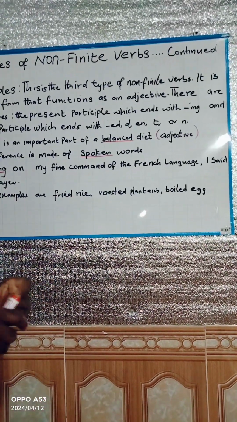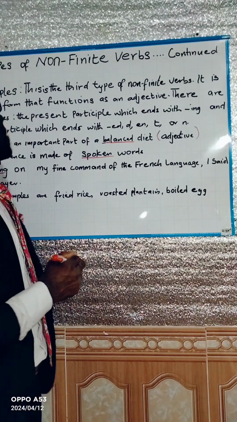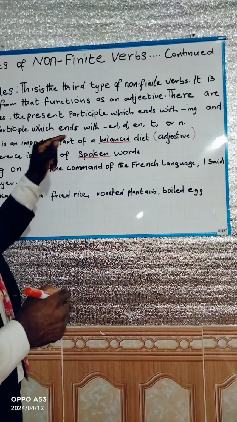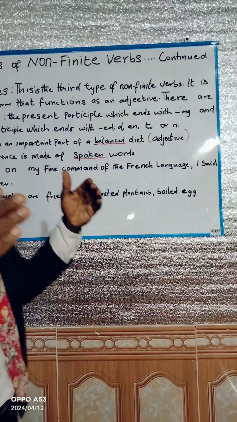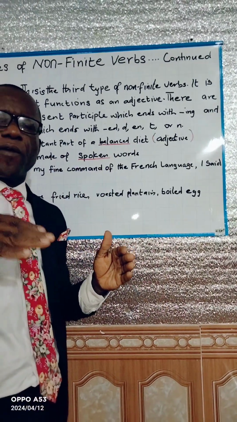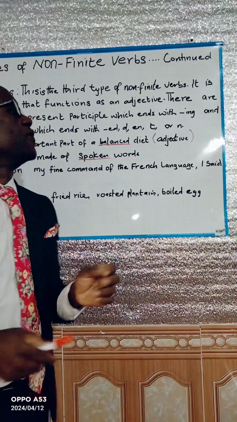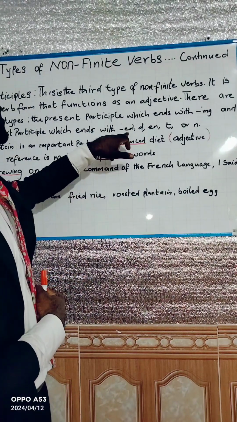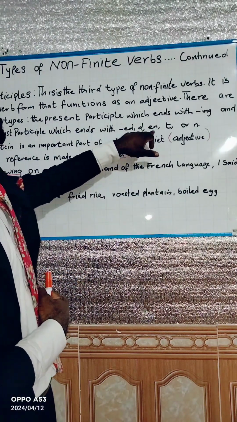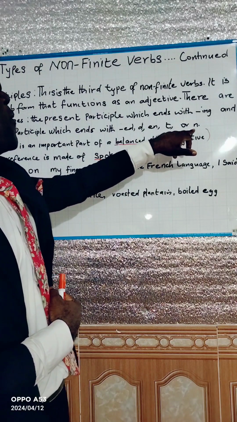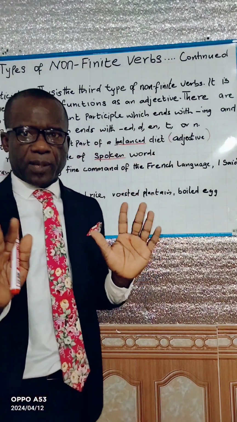Whereas the second type, which is the past participle, ends with, of course, the past tense forms of our verbs, for example, our ed, our d, ent, or n, as the case may be,